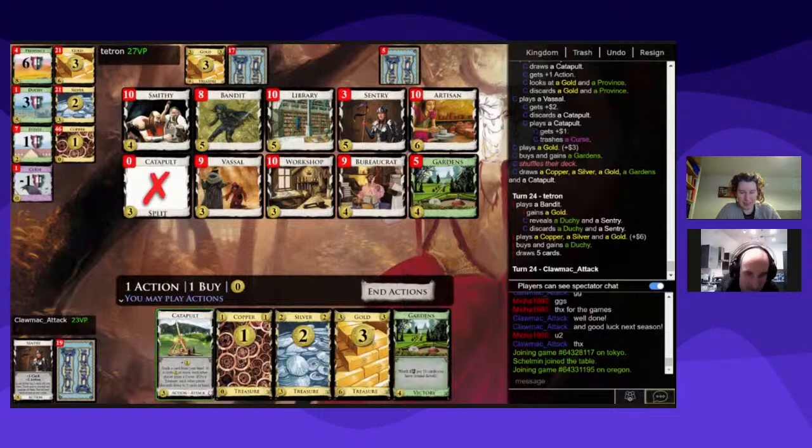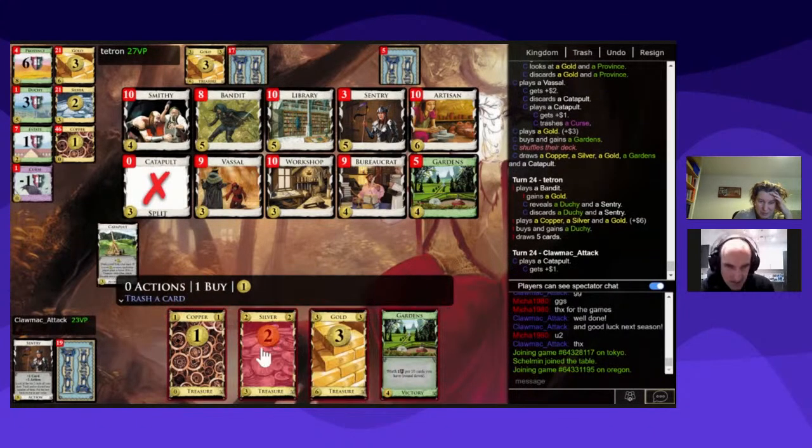I get 1 more victory point. I get by anyway, so I'm probably going to get the card anyway, unless I catapult something and give you the curse. In which case, it's still a point. Oh, this isn't very good. 4, 5, 6, 7. I can't see how to do anything good here. Right, catapult. I'm going to just...